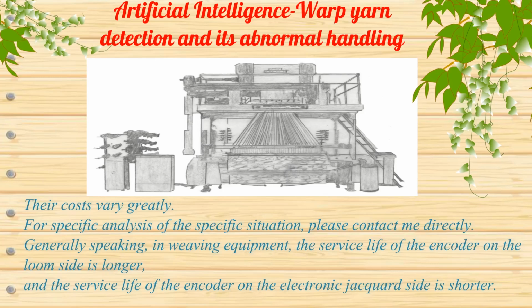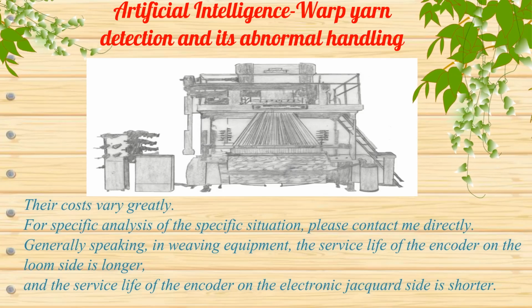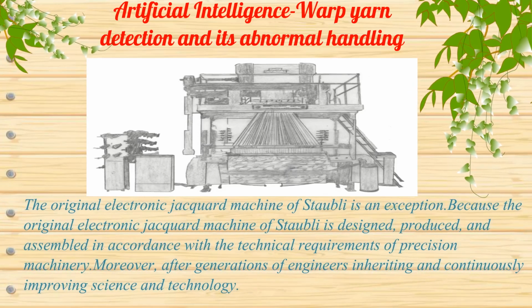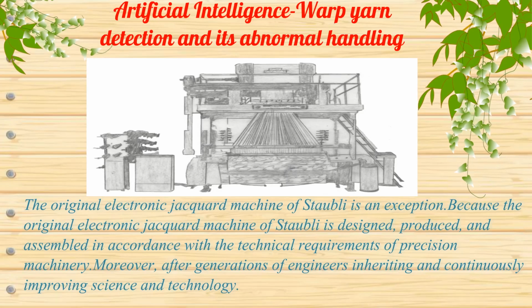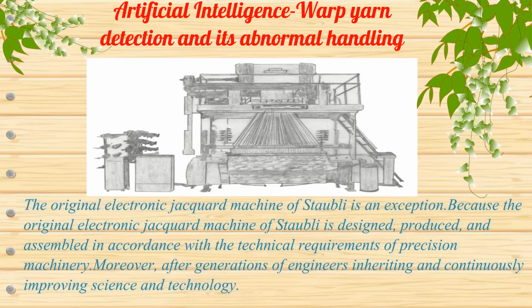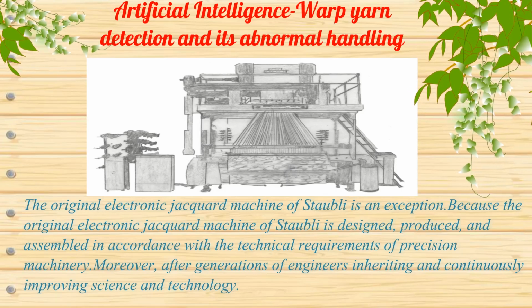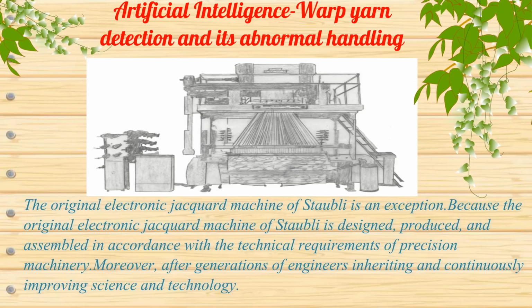Generally speaking, in weaving equipment, the service life of the encoder on the loom side is longer, and the service life of the encoder on the electronic jacquard side is shorter. The original electronic jacquard machine of Staubli is an exception, because it is designed, produced, and assembled in accordance with the technical requirements of precision machinery. Moreover, after generations of engineers inheriting and continuously improving science and technology,